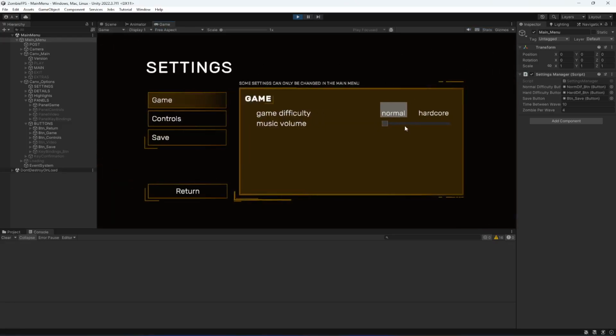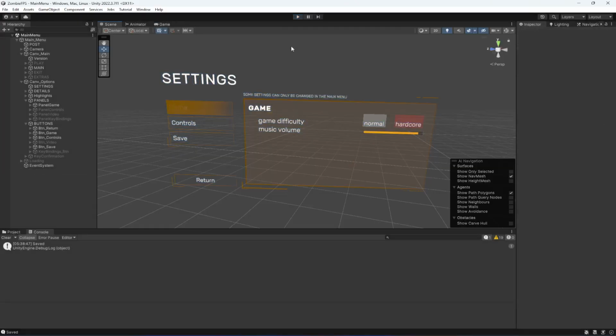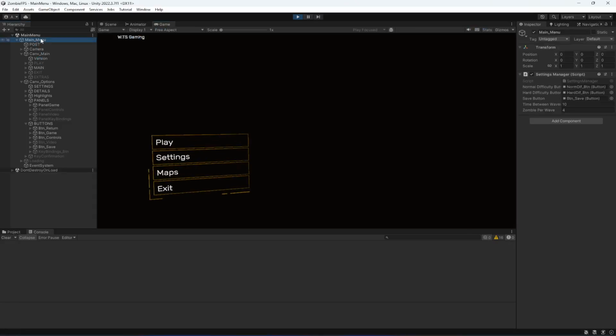Click on settings. As you can see, it is now normal. And if we select hardcore, click save, and then let's stop the game. Okay, let's play it again. Keep click on the main menu. Okay, click on it. As you can see, when the game starts, the values are now not the same as